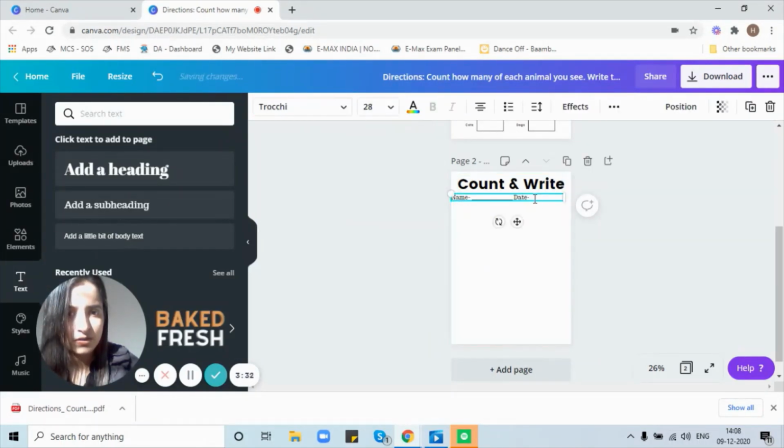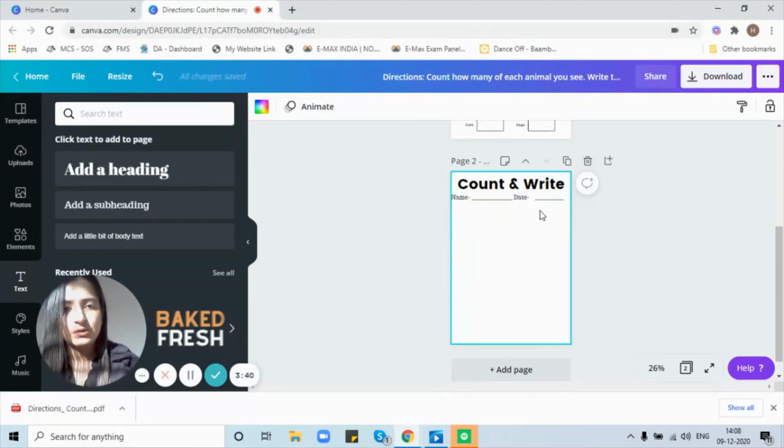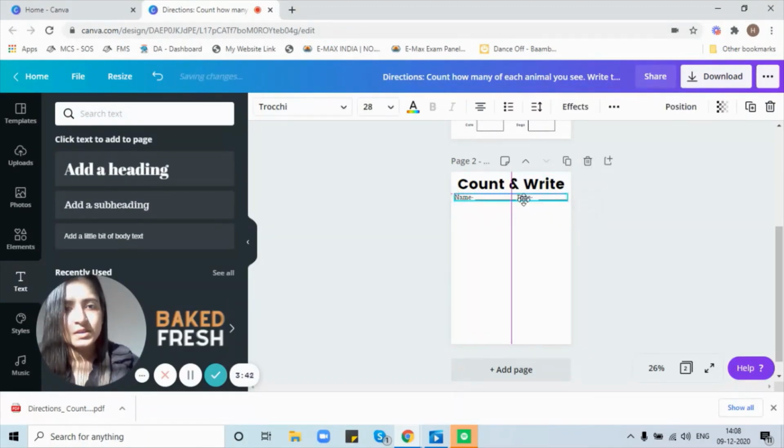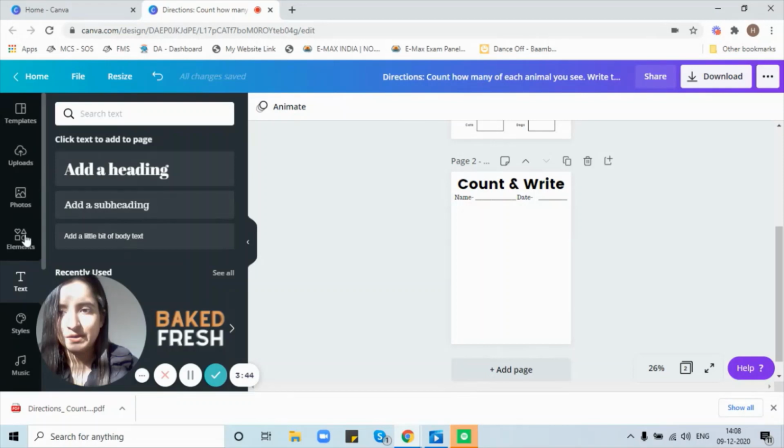This is fine, right? After date, I need to give them a line to write. So let's give a line to them. Okay, so now we are done with the name and date thing. Now let's move on to adding a picture. Now let's go to elements